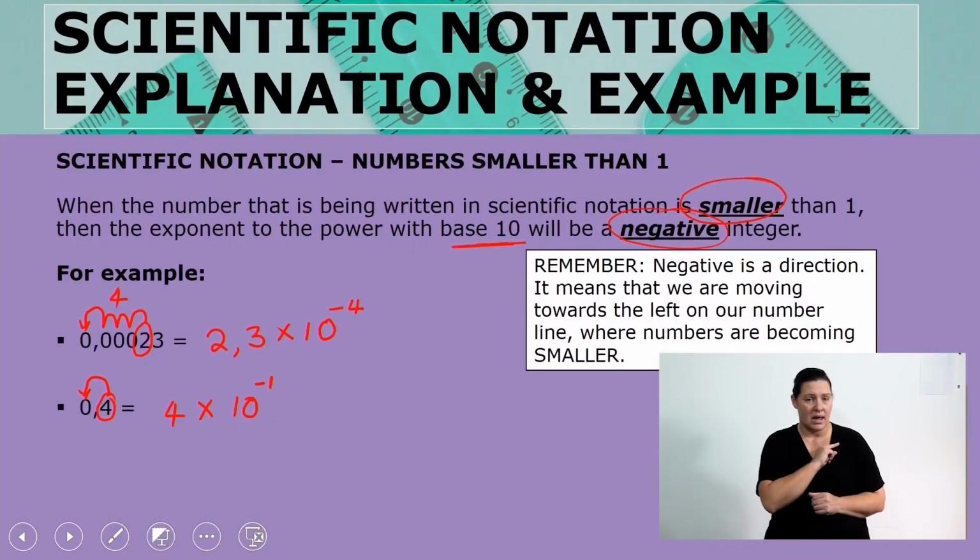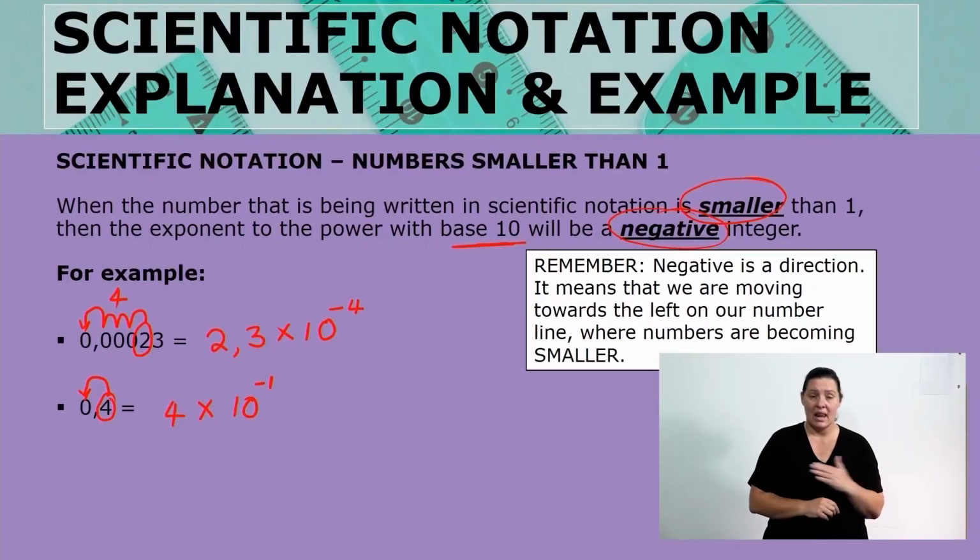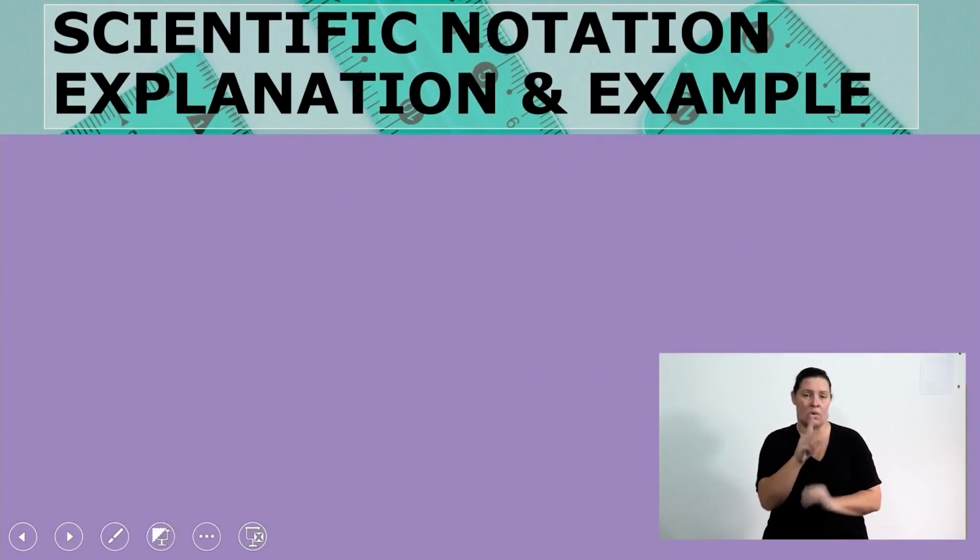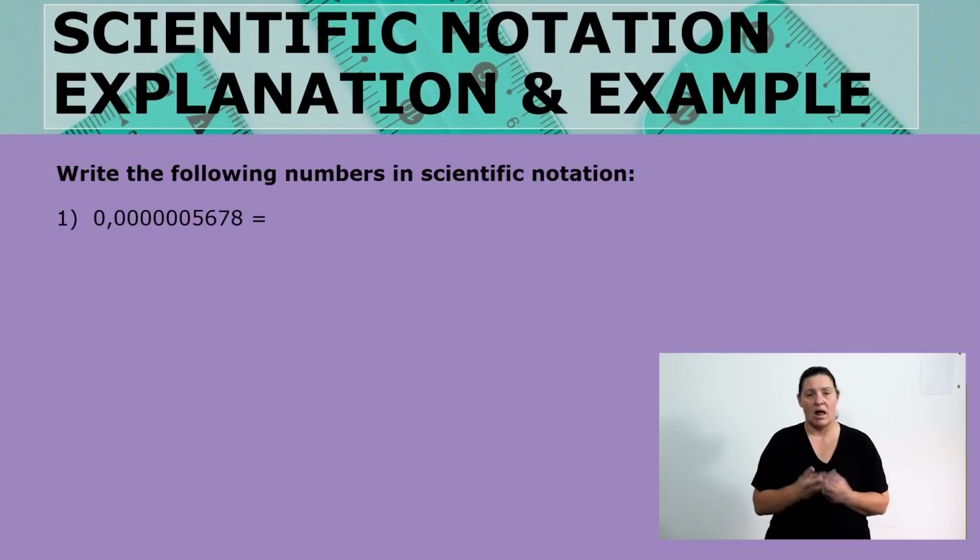So remember, because we are shifting to the left, left means a negative direction, and that's why our exponent is going to be negative. Let's end our lesson with just these few questions where we are going to have this number, and